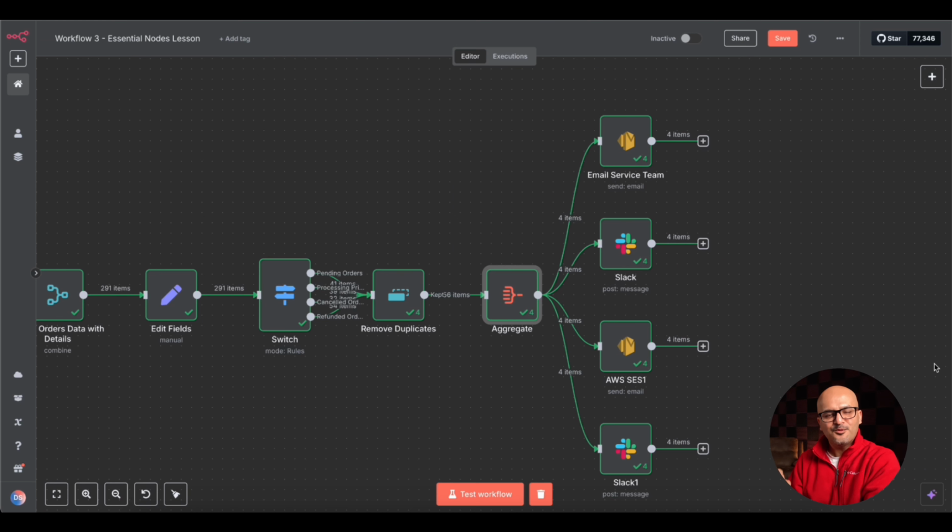So I intentionally wanted you to see this, that all the 4 nodes executed for 4 different branches, which is incorrect, because what we did is we merged all the pending orders, processing orders, cancelled orders, refunded orders into this remove duplicate branch. Since we merged all of them over here, everything is happening 4 times. This node executed 4 times, and then each of these nodes executed for each branch, and you may end up